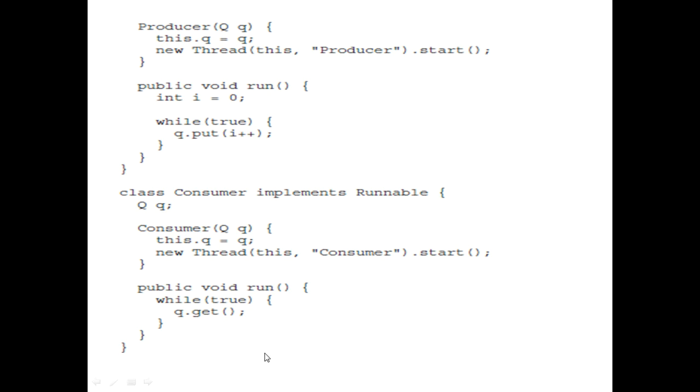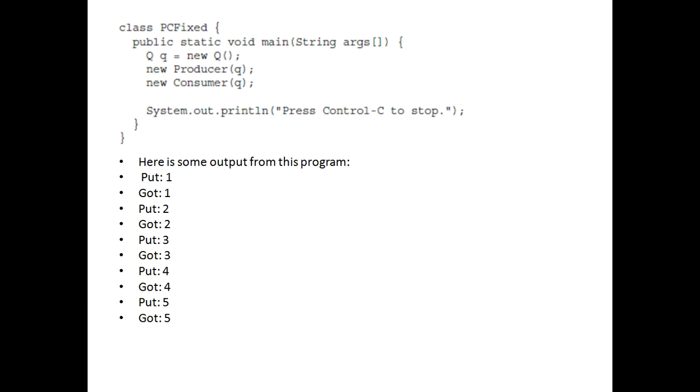Then we have defined the producer class in the same way. Next, the consumer class, which we have already defined in the last program. Then the same PC fixed, that is the same object creation of a queue, producer and consumer in the main method. So now if you see, first the producer has produced item 1, then the consumer has consumed it.